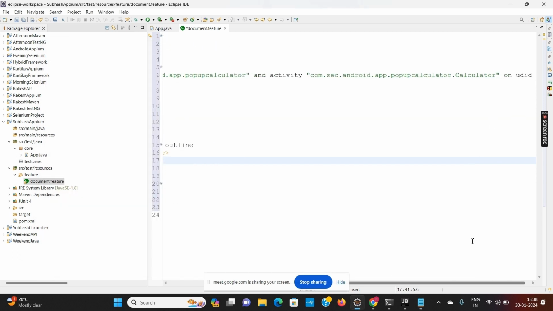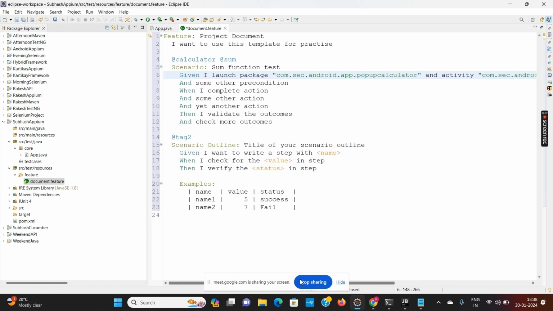In Cucumber, I have already discussed how to pass the data from the feature file to the test case using the double quotes. So first is the given condition, I launch this package.